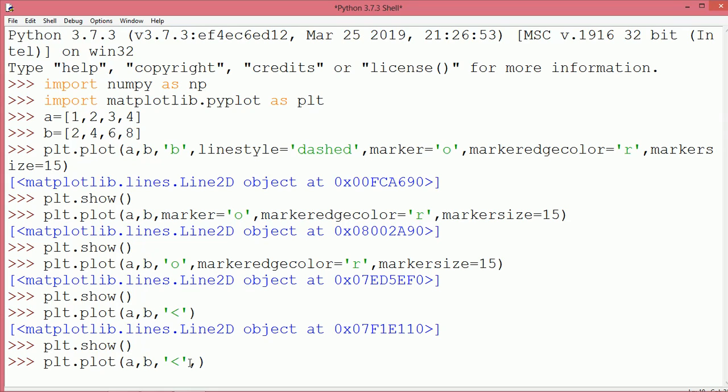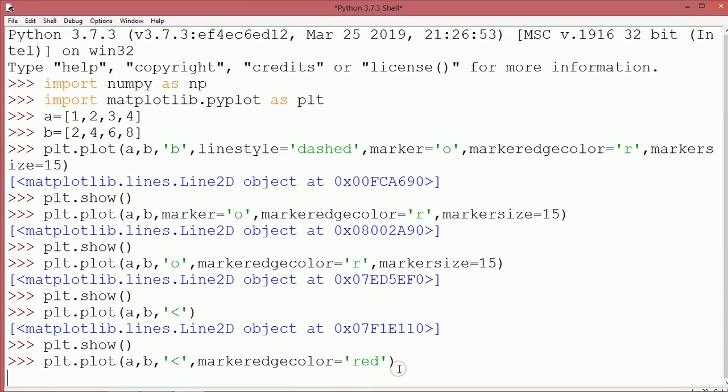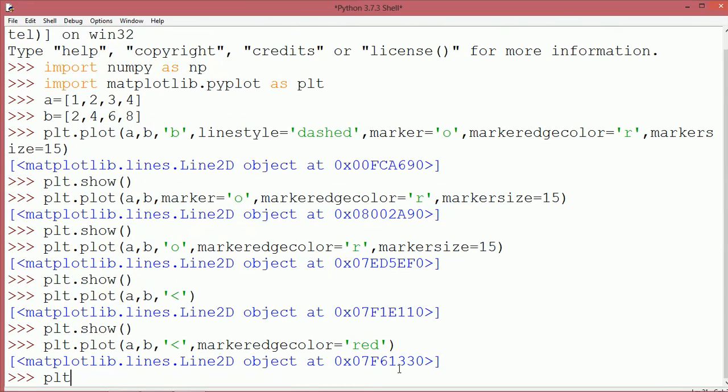Simply we can write marker edge color equal to red. Now let us see, plt.show. Okay, it is just practical.